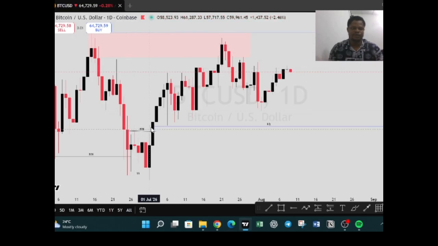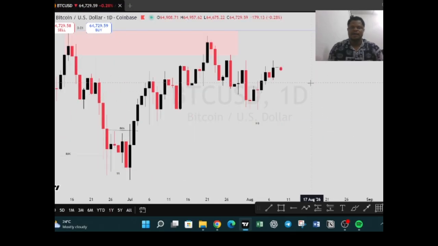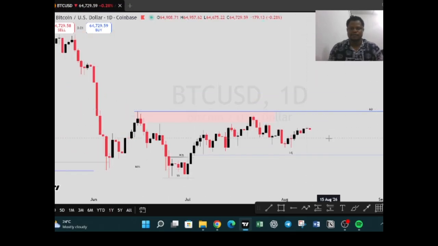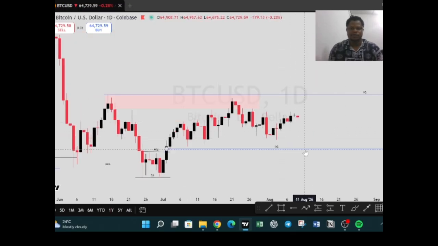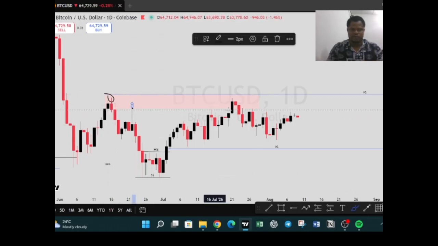Since we have a break of structure now to the upside and we have gotten this sweep here, we can continue this bullish trend to the upside. And why do we want to position ourselves for this buy? The first reason is that we are building tons of liquidity above this high. You can see this was a retest. You can see that this high was respected once here,